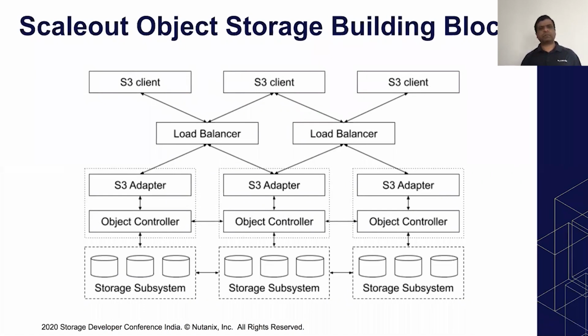At the very top, just under the clients, we have a bunch of load balancers whose job is to essentially bridge the client-facing network to the storage-facing network, which is shown in the second row underneath. And at the bottom, we have the storage subsystem, which is providing raw storage to the object store. Now, within the object store, which is a scale-out distributed system, you have an entity called S3 adapter,